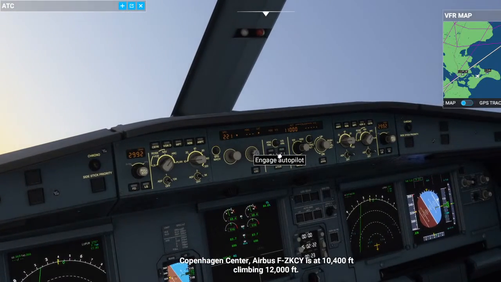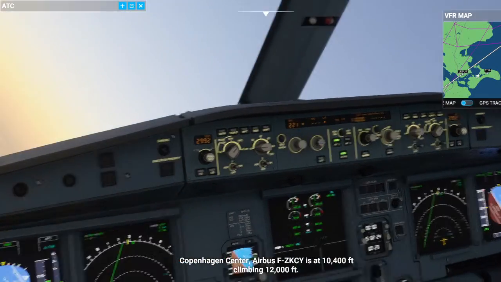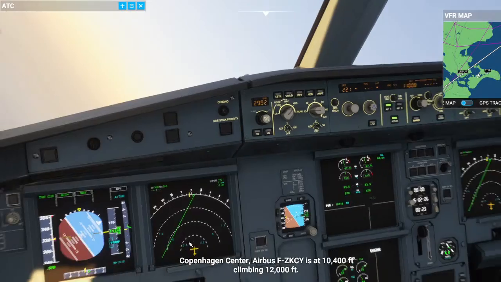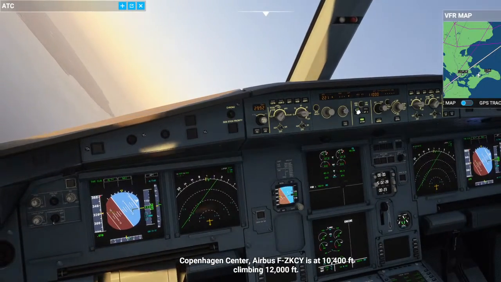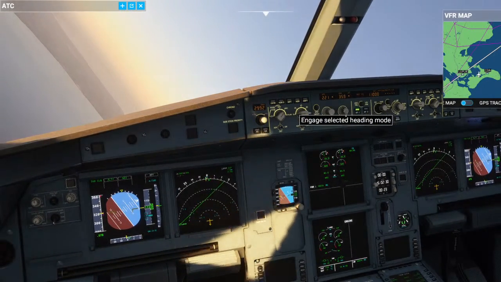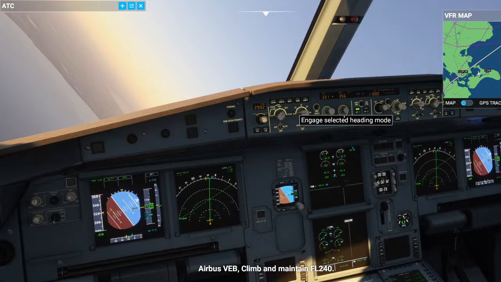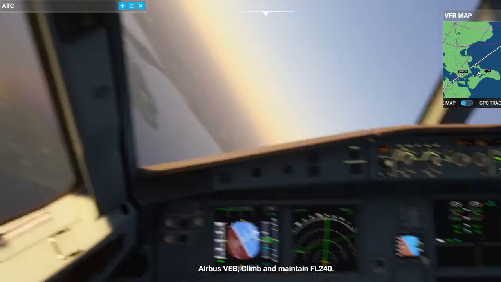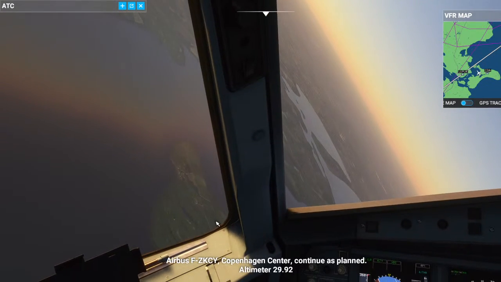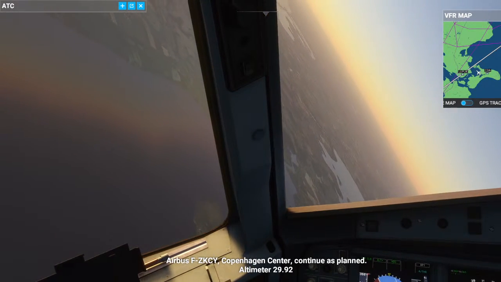Copenhagen Center, Airbus Foxtrot, Zulu Kilo Charlie Yankee, is at 10,400 feet, climbing 12,000 feet. Airbus Victor Echo Bravo, climb and maintain flight level 240. Airbus Foxtrot, Zulu Kilo Charlie Yankee, Copenhagen